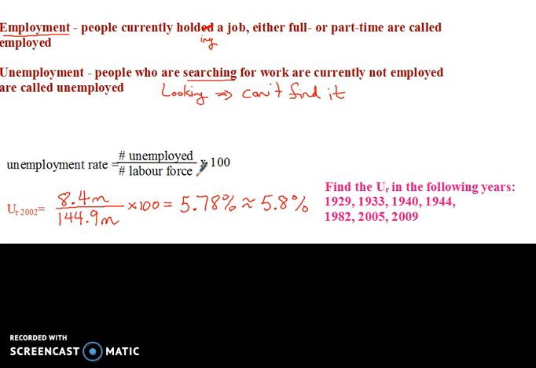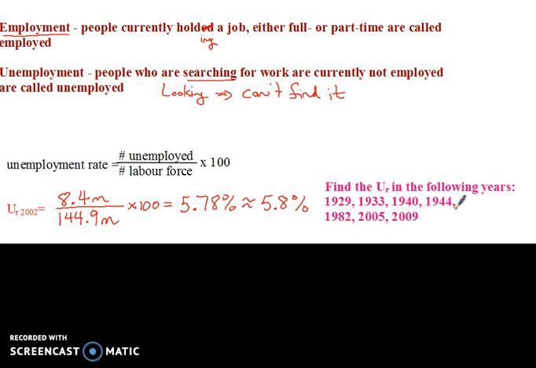There were some interesting years here that I put over here, and I was going to talk about some of those on the last podcast, and I just didn't quite get to some of them. I mentioned some of them, 1929 and 2009, and what the unemployment rates were. In 1944, the unemployment rate was really low because we were fighting World War II, and there was a lot of production going on for the war effort.